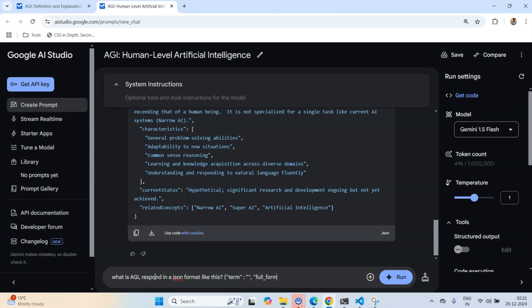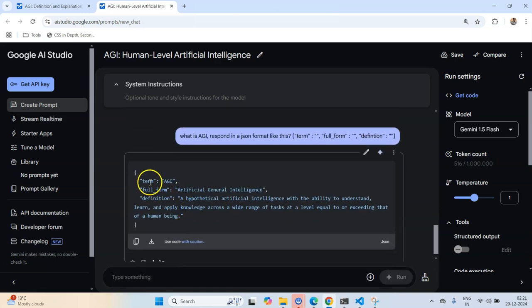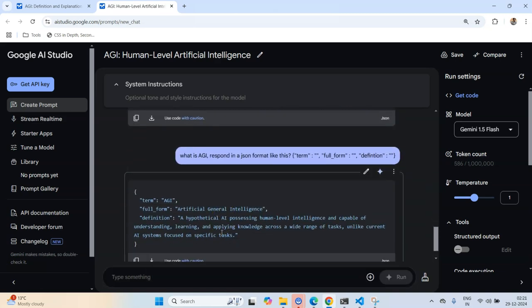I'm telling the LLM to respond in this manner only. Let me run it again. So you see, term, full form, definition. Now this model has no choice but to respond within this framework that I'm providing it.